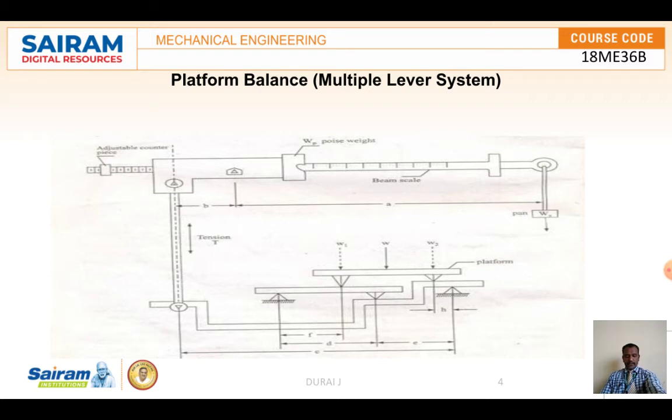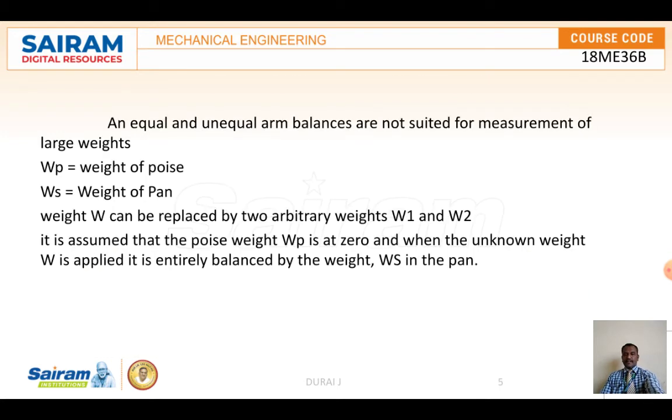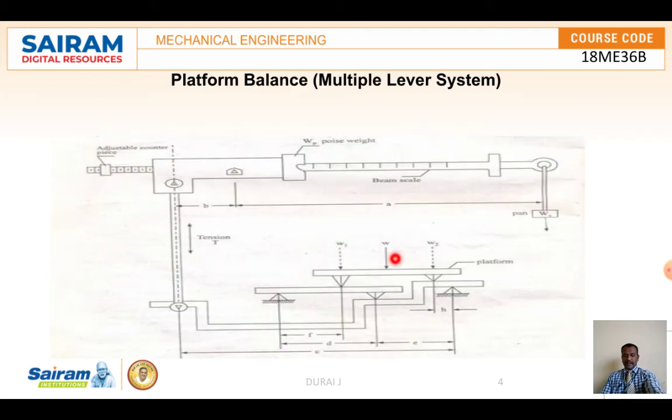The weight W we can replace by two arbitrary weights, W1 and W2. Also it is assumed that the poise weight WP will become 0, and then the unknown weight is applied entirely, balanced by the weight WS pad. Then after applying this, we are going to find out